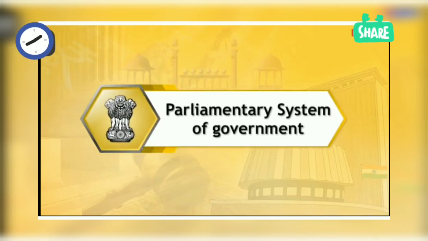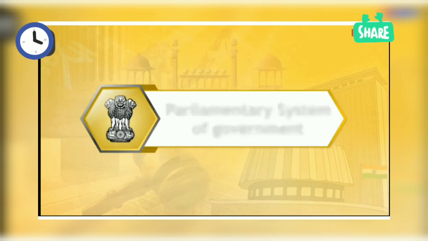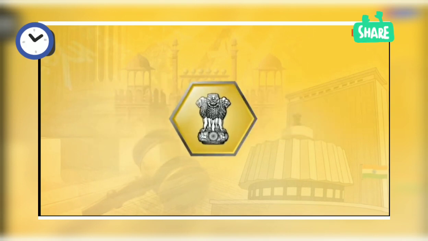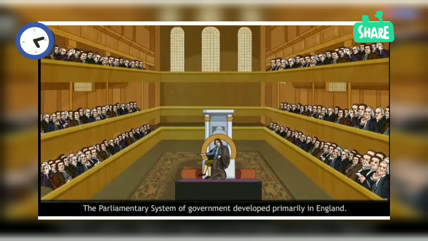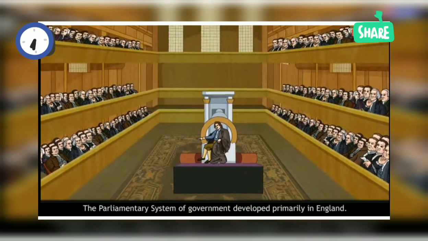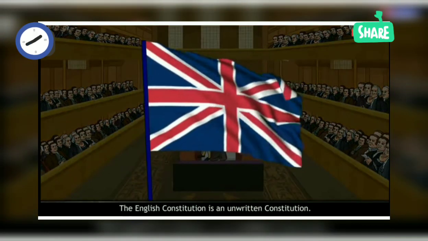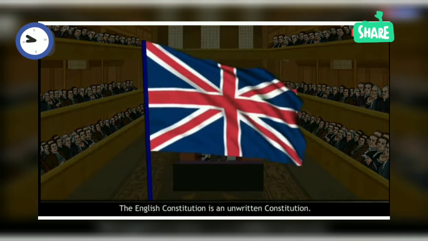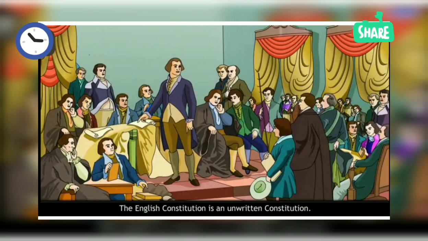Next we are going to study the parliamentary system of government in detail. No worry if you are unable to understand any point, we are going to study it now. If anybody asks you how this parliamentary system of government came to exist, it was developed in England, because the English constitution,